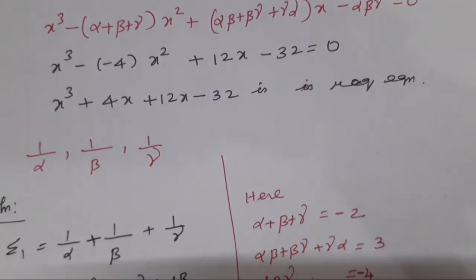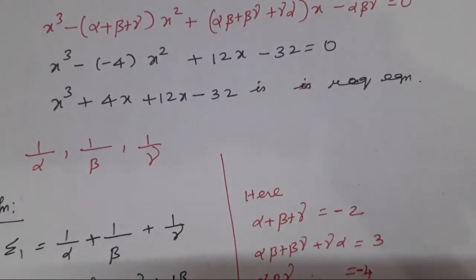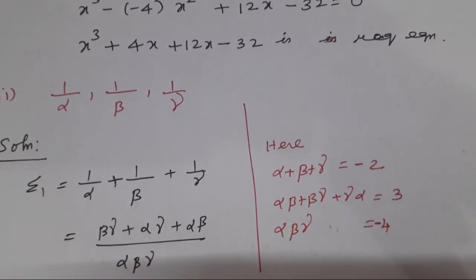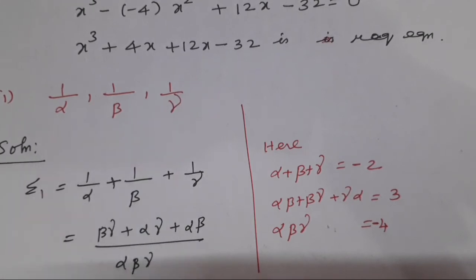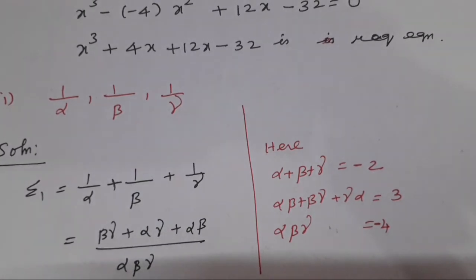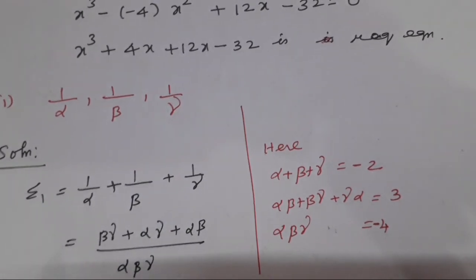So generally, first we find the alpha values. What is the question given? We take down the given equation, and take down the sum of the roots, the sum of the product of the two roots, and the product of the roots. Take down all three values, and after that substitute into the given question. See, the given roots are 2 alpha, 2 beta, 2 gamma. Similarly, for the second subdivision, the given roots are 1 by alpha, 1 by beta, 1 by gamma. The question is the same question; in the second part we get the same question.